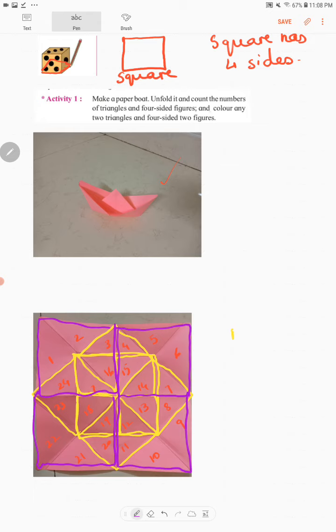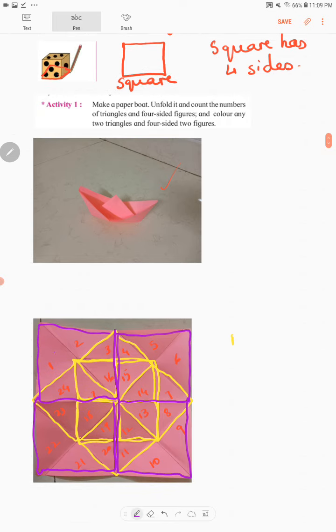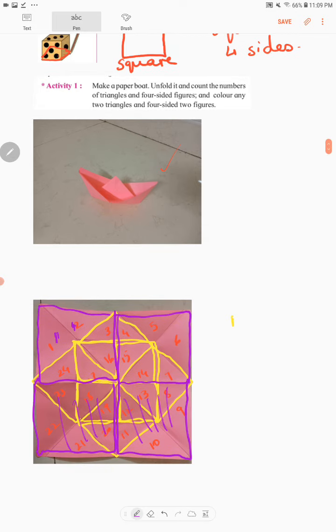So now you have to color it. Now any two, because if you color all of it like this, nothing will be formed. So what you do, color these two triangles and color these two squares.